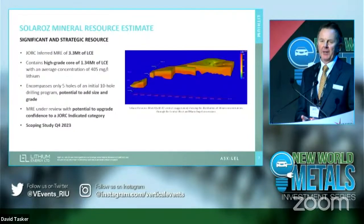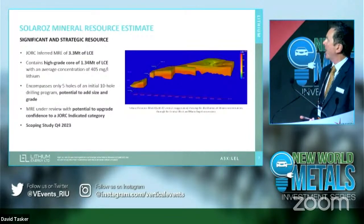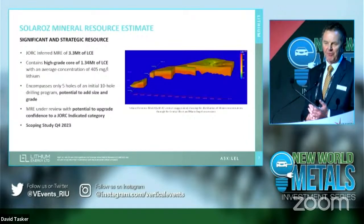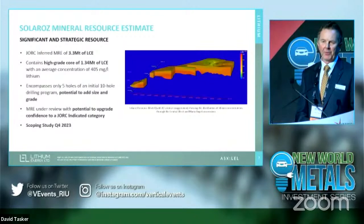Back in June, we established our maiden JORC resource of lithium at Solos of over 3 million tonnes, 3.3 million tonnes of contained lithium carbonate equivalent. This was after an extensive drilling campaign and series of geophysical surveys. To put that level of resource into context,